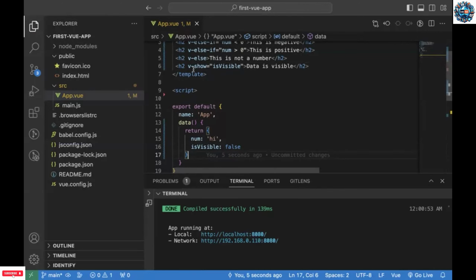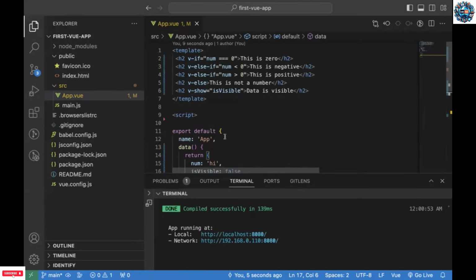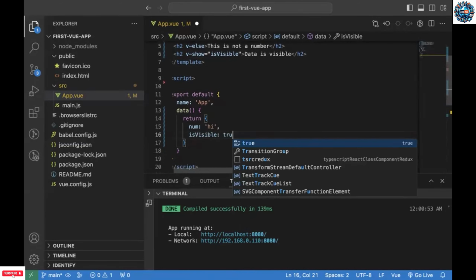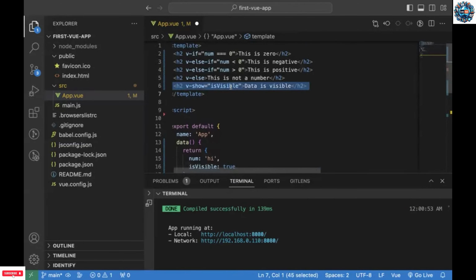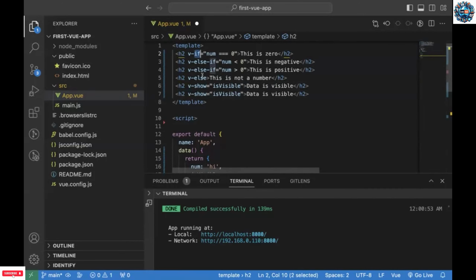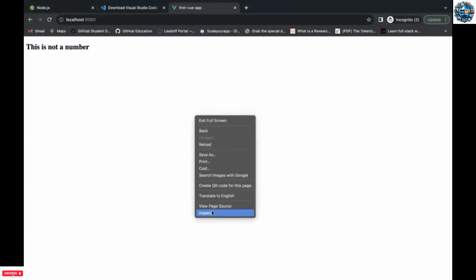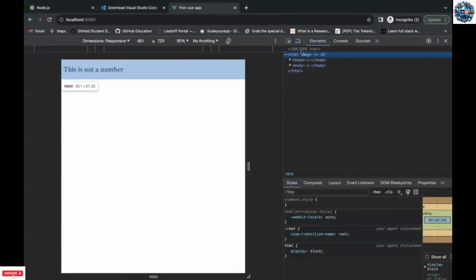But now the question is, we can do something similar with the help of v-if also. Then why use v-show? Well, for answering that, I'll make this true and I'll write the same condition for the same output, but with a different directive now, which is v-if. So both of them are here. If I save them, you can see both are visible, fine. But if I make them false,